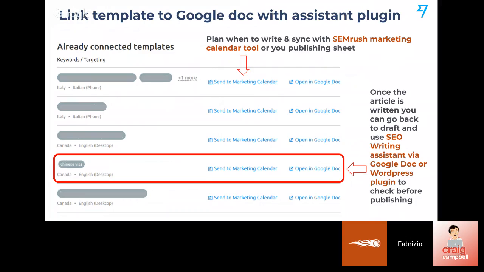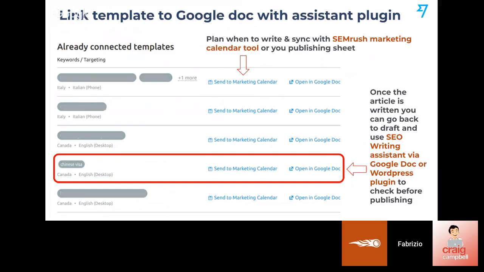because sometimes the recommendation that the tool gives you is based on the competition that is out there. It could well be that the top 10 sites in that space are not doing such a great job on that content. So if by doing additional keyword research you find out that you could do technically better, you just want to edit this. So from the early days, what we do is link the content template to, in our case, Google Docs, but you could do it on WordPress as well.